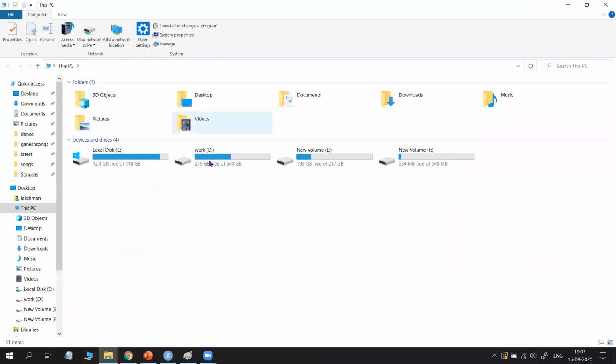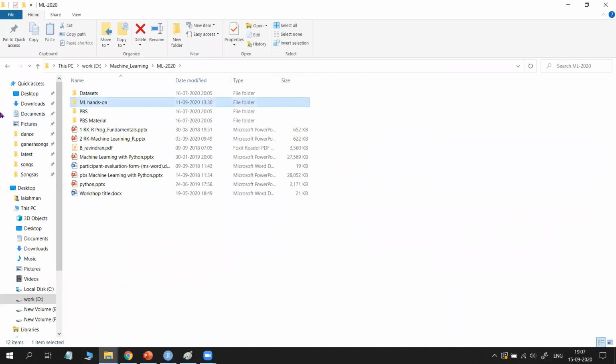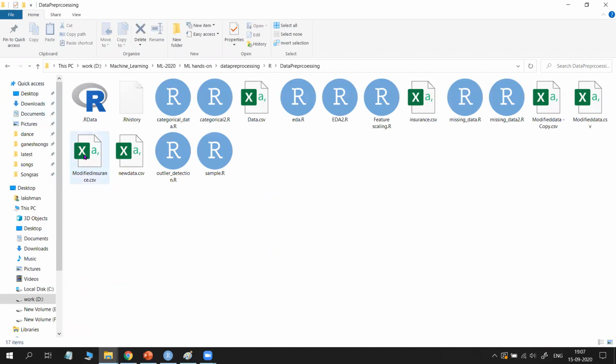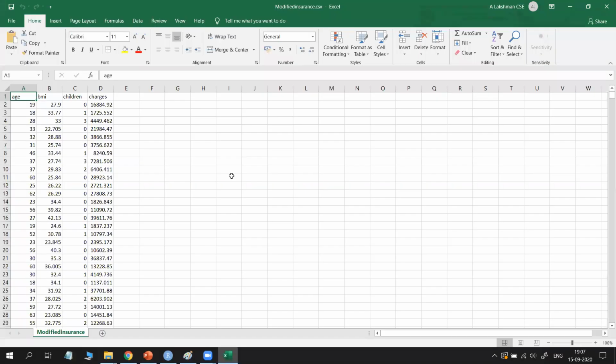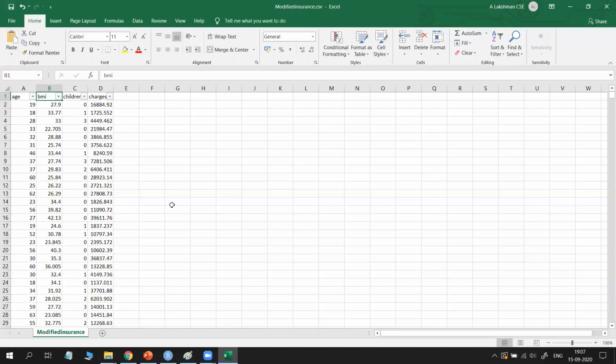Where is it created? Where is your program? Go to that folder and open it. You will find that Excel file. So see here, modified insurance.csv. Now if you put a filter for the BMI value, see, there is no value above 47.275, because after the benchmark, all the values are removed. Actually, a below benchmark is also set, but I am not using the below benchmark. If you want to use it, you can use it also. Not a problem. Using condition and condition in the R program.